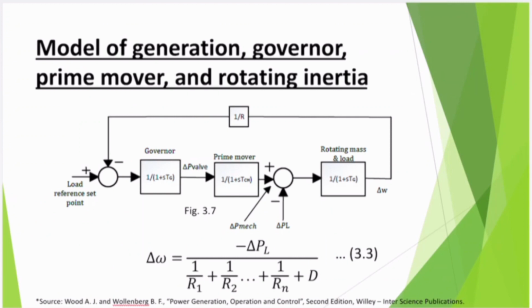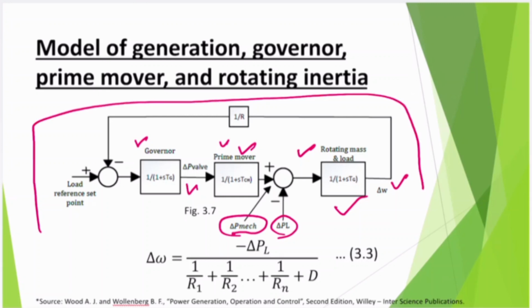Now we'll get into the model of generation, governor, prime mover, and rotating inertia. So now it is a combined system. This portion we have already seen, where there is a mechanical power input, and we have P load, and this equation is known, and delta omega. Now what we are doing is, because the prime mover up to the valve we have seen, slowly we merge the first section to the second section. Now we are adding the governor, and finally you could see the overall block diagram of the whole system